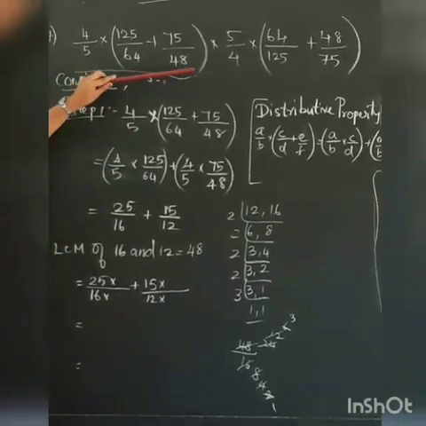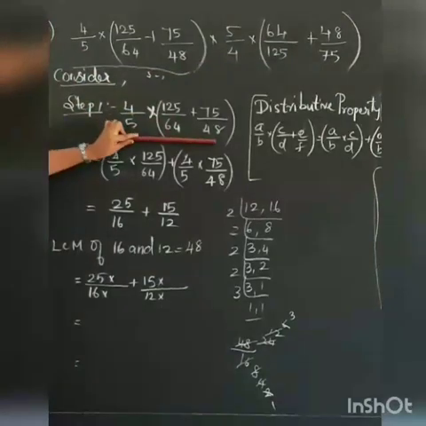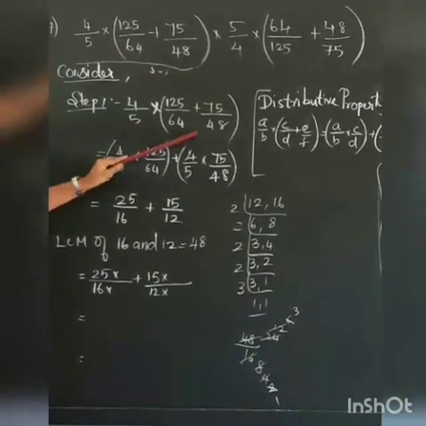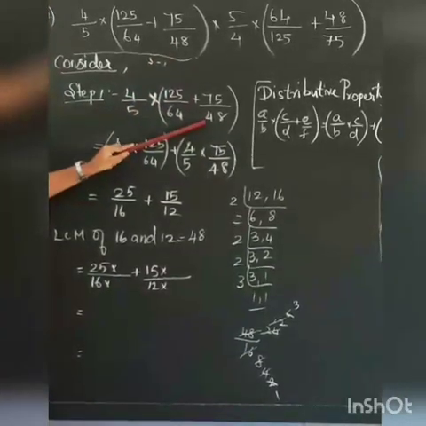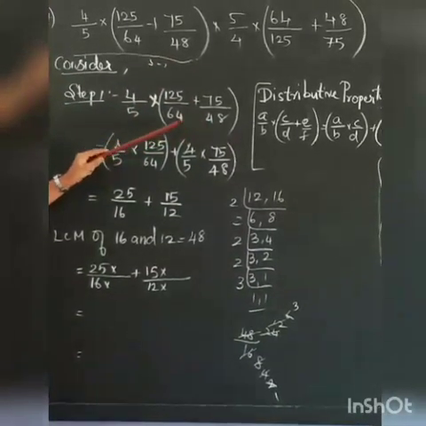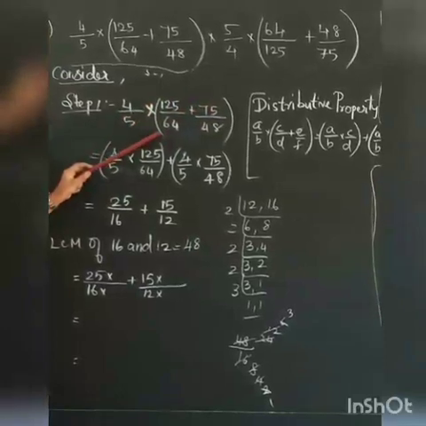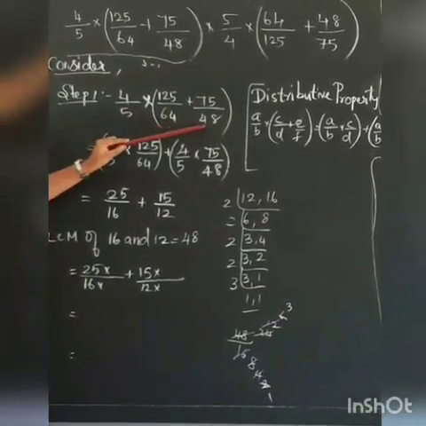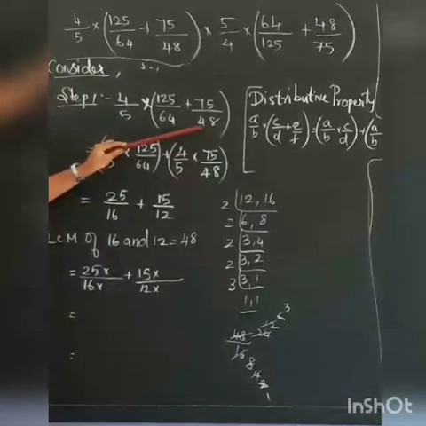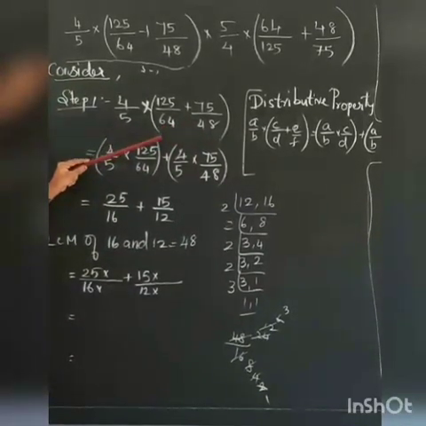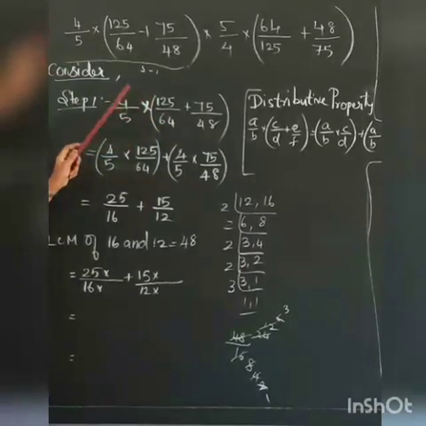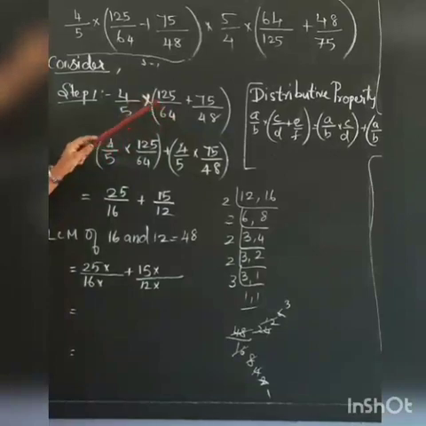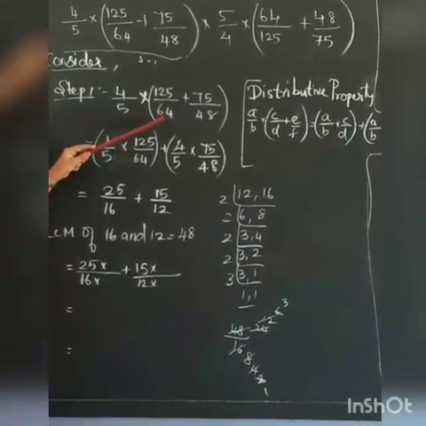Now consider up to this as step number 1. Clear? Step number 1 is what? 4 by 5 into 125 by 64 plus 75 by 48. Clear? Usually what we will do? First we have to take inside the bracket and we will simplify. But see here, the denominator is the biggest denominator, so we can apply the property to simplify this. Clear? It is also possible to simplify by taking LCM, but another method is we can use the distributive property to